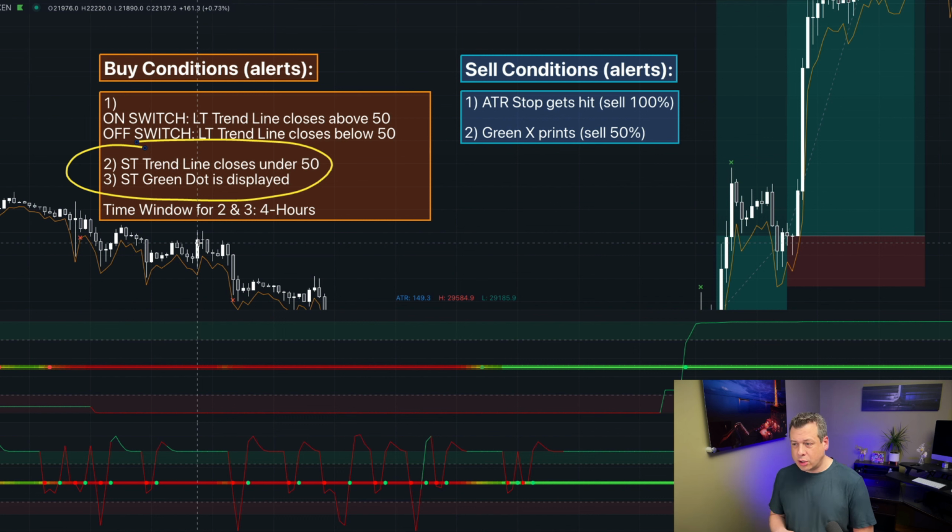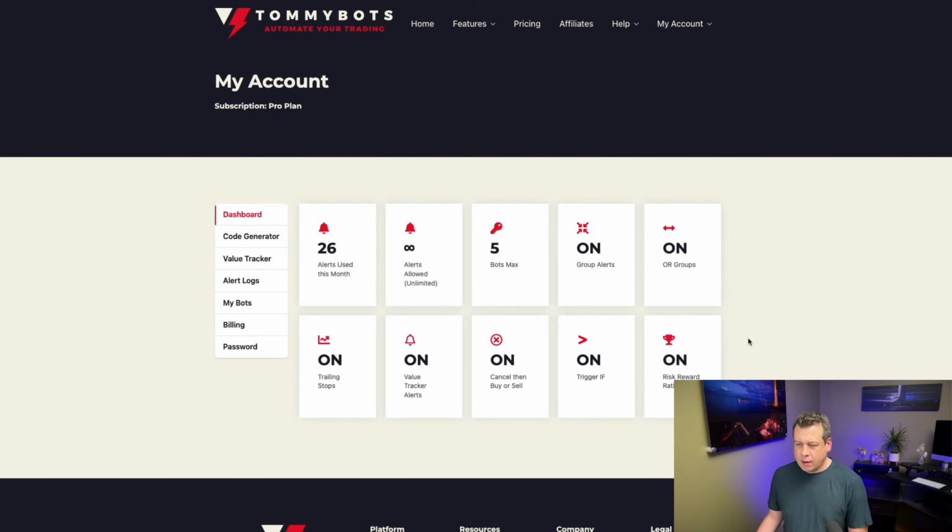So what we need to do is track the ATR value over a period of time so that we can pick out what the low value is. And then when we go to set our stop, we're going to take the low of that value tracker. It's actually really easy. All right, so let's go into TOMMYBOTS and let's first create that value tracker alert for